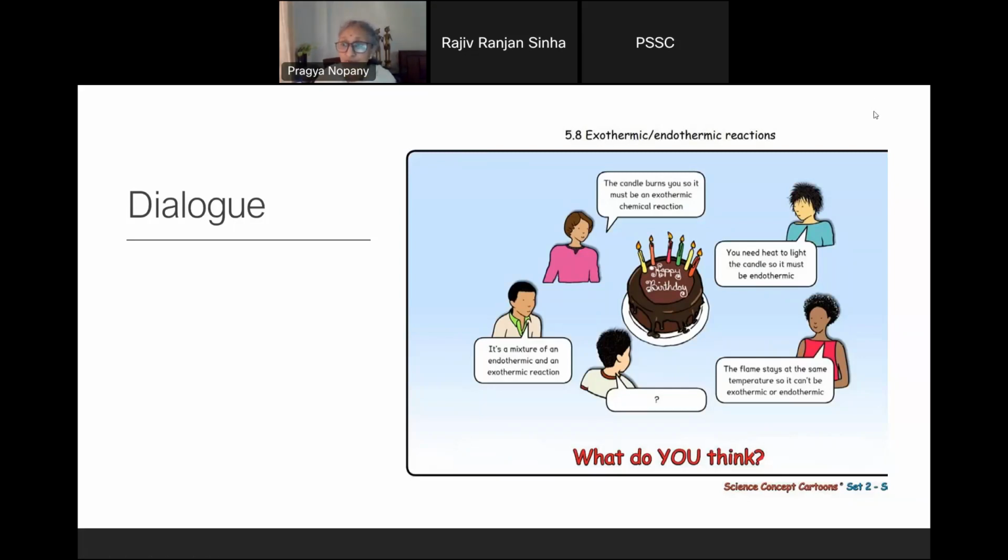Now, I don't want you to tell me whether the reaction is endothermic or exothermic. And that is the whole point that I'm driving at. See, the correct answer or the right information is not so important as the ability to make the children think. And that is exactly why I'm asking you to tell me why showing this dialogue to the student is more effective than just getting the answer from them. So write in the chat box.